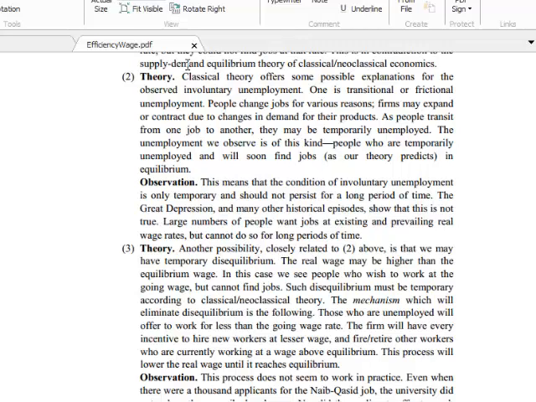And if they don't have jobs, then the government has to support them. Otherwise, in the equilibrium theory, if somebody doesn't have a job, it's his own fault. He doesn't want to work. That's why he's unemployed. So this meta-argument, you see, this is something that you have to learn if you want